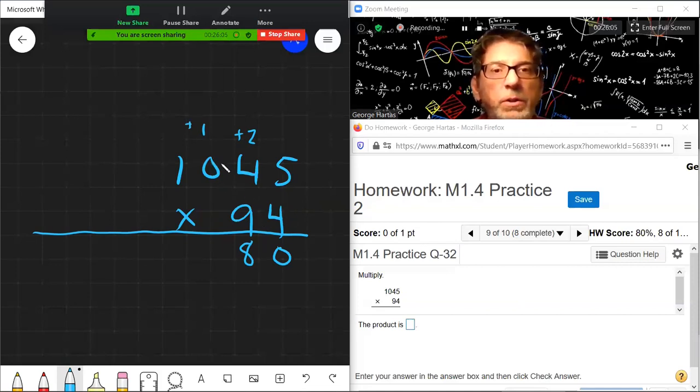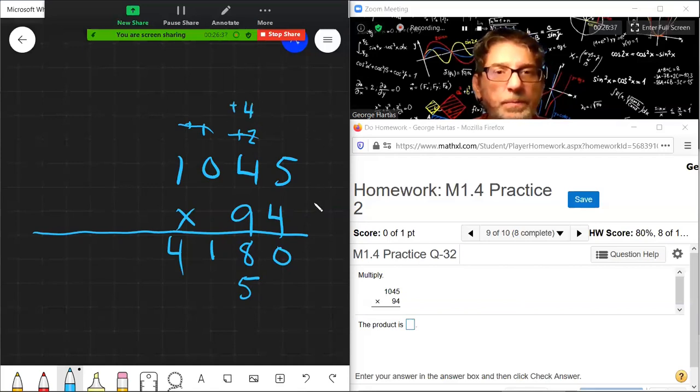4 times 0 is 0. 0 plus 1 is 1. 4 times 1 is 4. Okay, we're done with the 4. Now we're going to switch gears and multiply with a 9. 9 times 5 is 45. Put the 5 underneath the 9, right? Line it up. Right-hand digit,